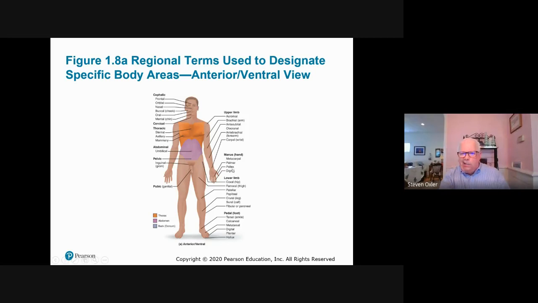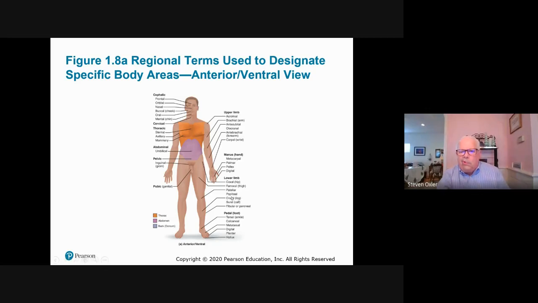The pollex, which is the only finger that has a name. The pollex is your thumb. And all the other fingers are called digits. The lower limb. The coxal area is your hip. The femoral area is your thigh. The patellar is your kneecap. We'll talk about the popliteal area when we get to the back of the